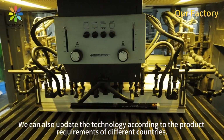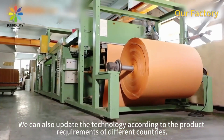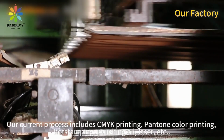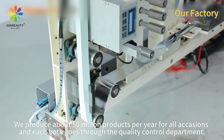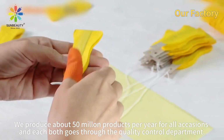We can also update the technology according to the product requirements of different countries. Our current process includes CMYK printing, Pantone color printing, hot stamping, polishing oil, laser, etc. We produce about 50 million products per year for all occasions, and each bulk goes through quality